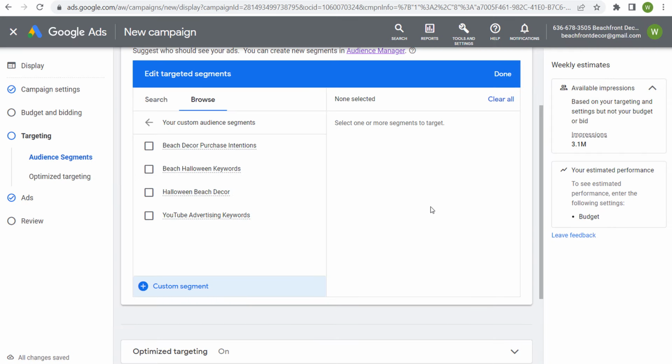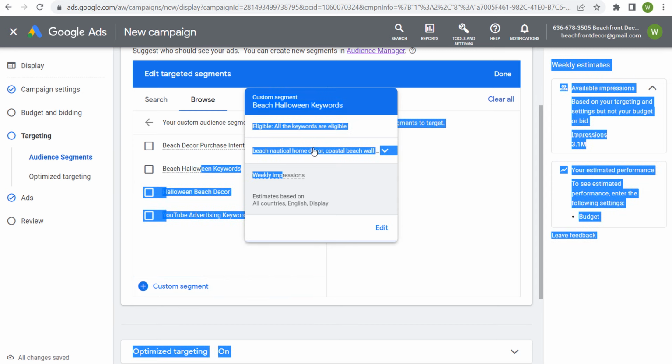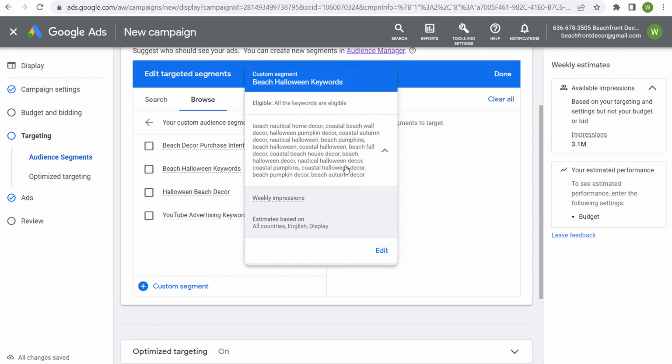And where it really becomes useful is if I say beach Halloween keywords. So what I can do is try to find relevant Halloween keywords: nautical Halloween decor, coastal pumpkins, coastal Halloween decor. I have 50 million to 100 million impressions, people who are showing a large level of interest in beach Halloween